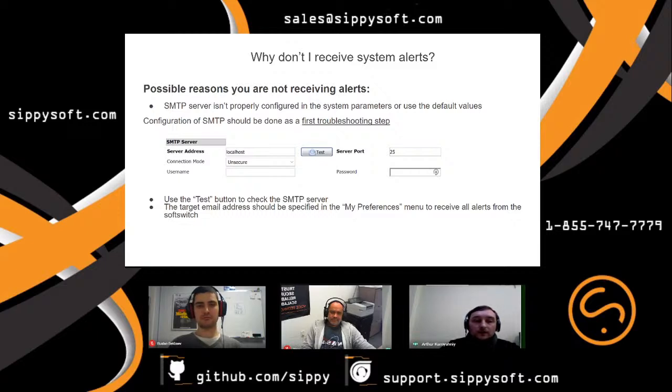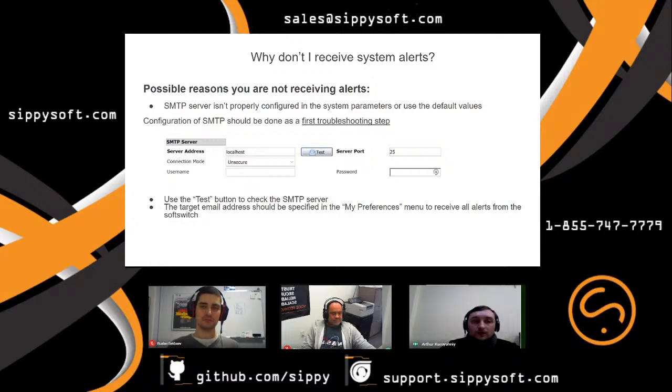If you see that the system uses the default parameters like localhost, it's reasonable to specify your own SMTP settings, and in this case the system will use those settings for sending emails to your own mailbox, or actually to the mailbox which you specified in the My Preferences menu.